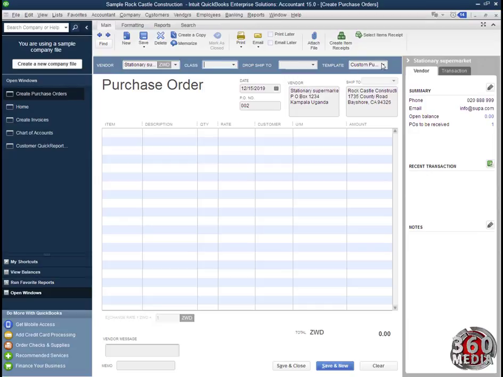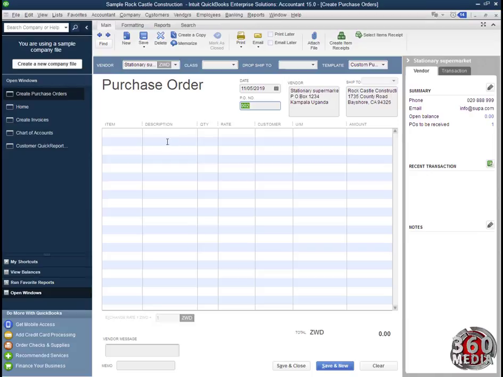Then next we have the template. Remember, we've seen the template before. You can create your own templates, and you can use the templates that ship with QuickBooks. So you select the template from the top here. Next, in this field, you have the date of the purchase order, of the day you're actually making it, or the day when it was done. You click the calendar icon simply and select the date. Here you have the purchase order number 002. QuickBooks automatically increments it by 1, but you can type the number with which you want to appear, okay, on